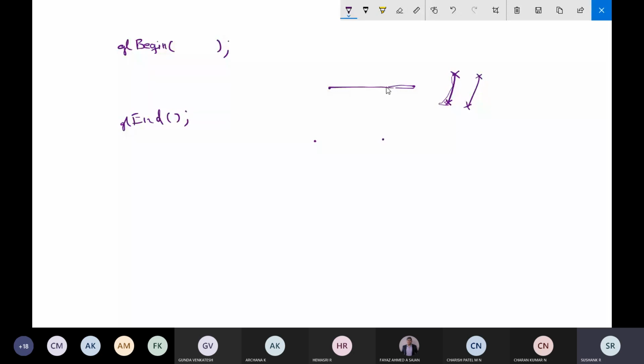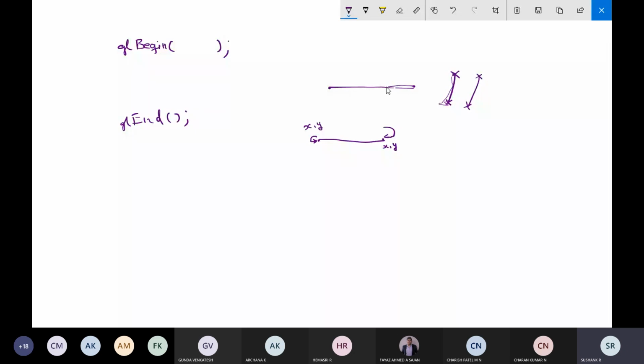The line is defined by the starting point of the line and the ending point of the line. That means it will take the starting position of the line in terms of x comma y, and it will take the ending position of the line, also in terms of x, y only. After that, it will calculate the pixels between these two endpoints. So this OpenGL function gives you a way to add one or more lines.